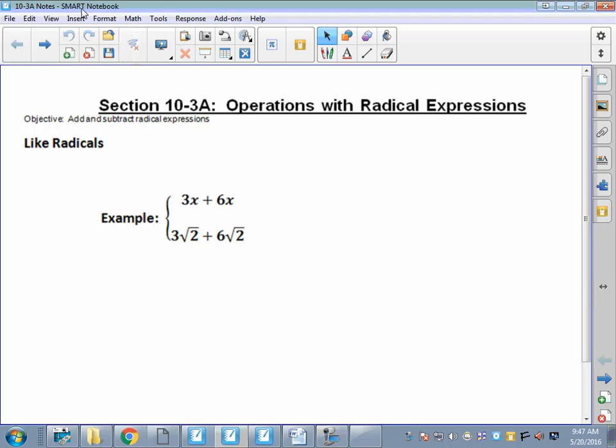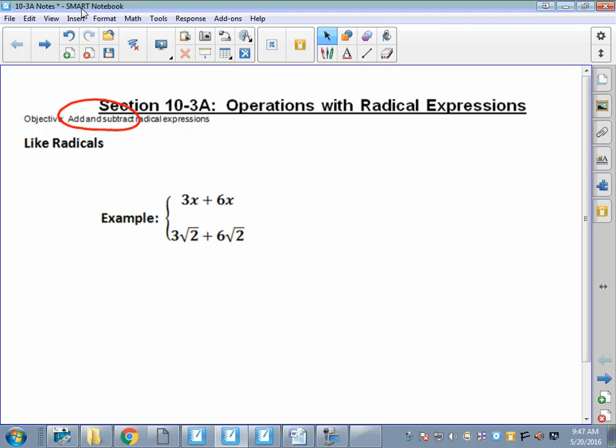Hello, everybody. We are ready to start section 10.3a. We're going to do operations with radical expressions. We're actually just going to stick to adding and subtracting radical expressions. This may feel like a review because we're going to do some breaking down. I'm going to ask you what perfect squares go into that, all the stuff that we did